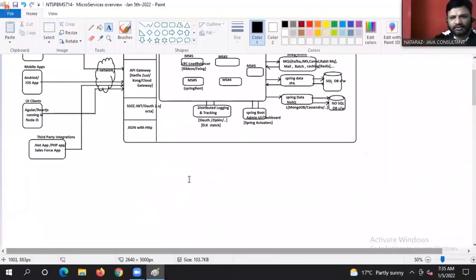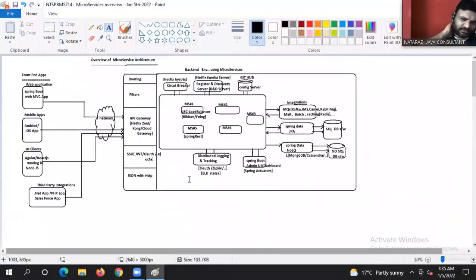Maximum things I covered, but a few things I cannot highlight as of now. Microservices is all about working with other services. The Vault service is there, and a number of other services are there. But whatever I can highlight in the overview diagram, I have kept here.